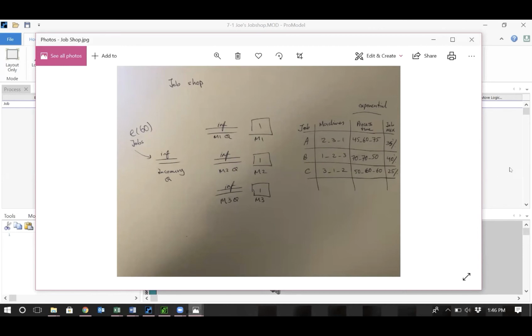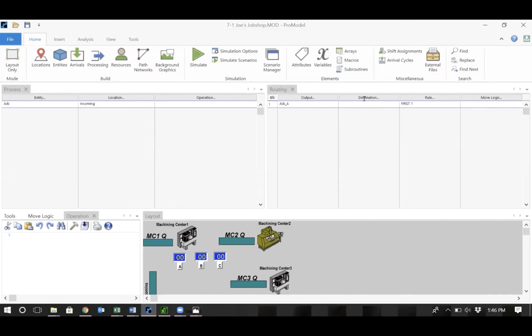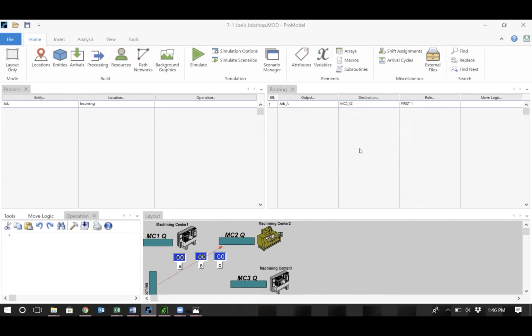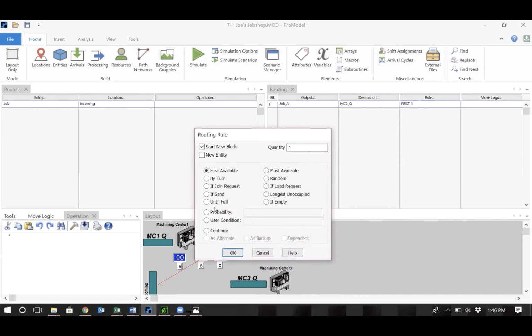So job A is the entity that is going to come out and wants to go to machine 2, but we saw in the shape of the system that they don't go to machine 2 directly. They have to go first to the queue and then to the machine. So job A then has to go to machining center 2 queue, and that is going to happen with probability of